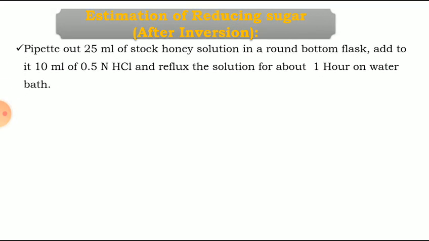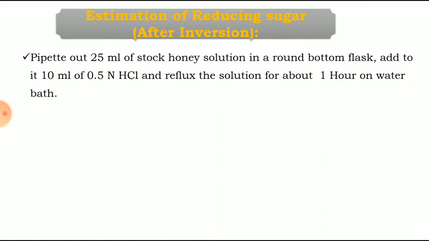Third part, estimation of reducing sugar after inversion, that means sucrose converted into glucose and fructose. For that, pipette out 25 ml stock honey solution that we have prepared already. In a round bottom flask, add to it 10 ml 0.5 normal HCl and reflux the solution for about 1